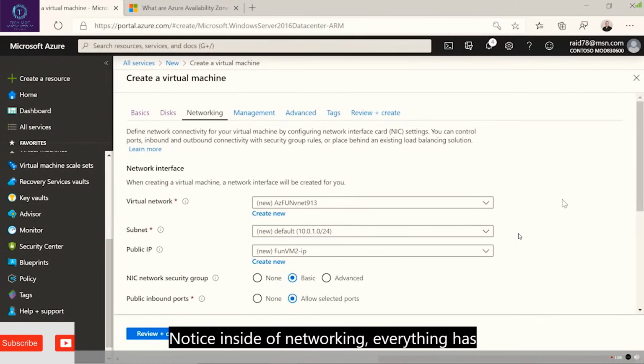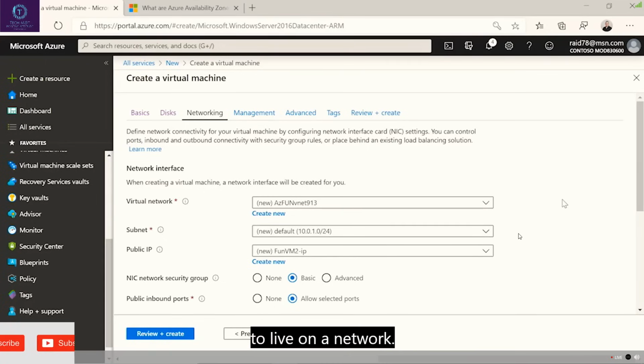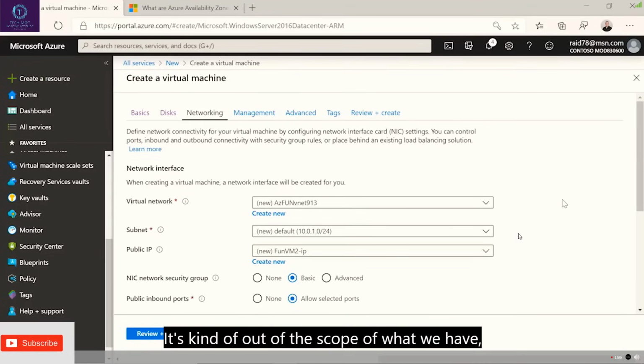Notice inside of networking, everything has to live on a network. Now, I'm not going to do a deep dive into virtual networks in this course. It's kind of out of the scope of what we have. But folks, I just want to point out, notice we use what is called CIDR addressing, or CIDR addressing, depending on who you talk to. But you see that nice pretty /24, that tells us our subnet mask